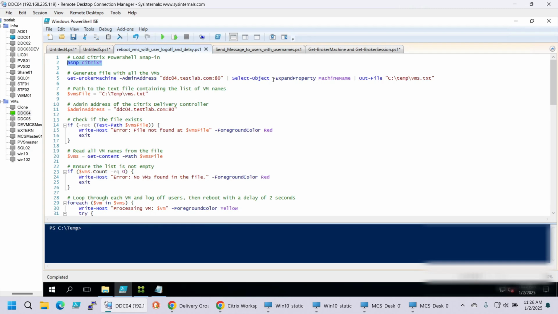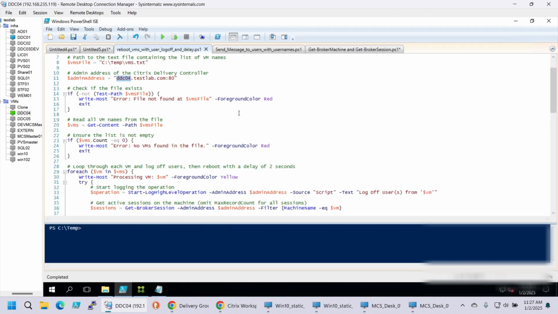You can filter this out if, for example, you want only a specific machine catalog or a specific delivery group. It will export only the VMs from that specific machine catalog or delivery group. It creates my file that contains the names of the VMs. This is my DDC that I'm using for the commands. It's checking if the file is not empty, and then, not if it's not empty, if the file is there, sorry, and only after that it checks if